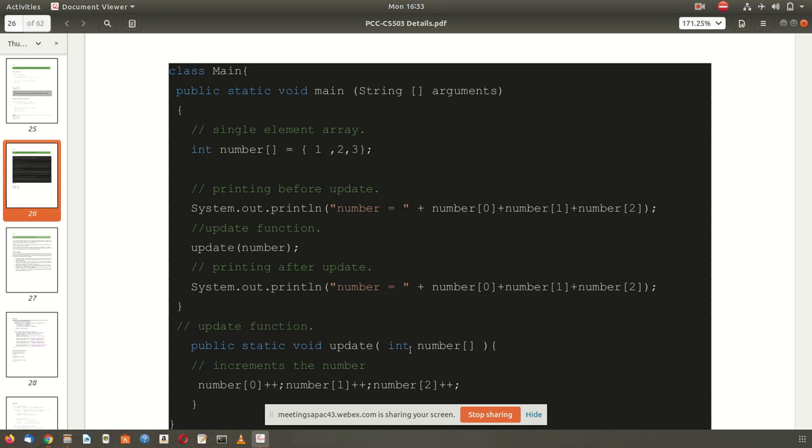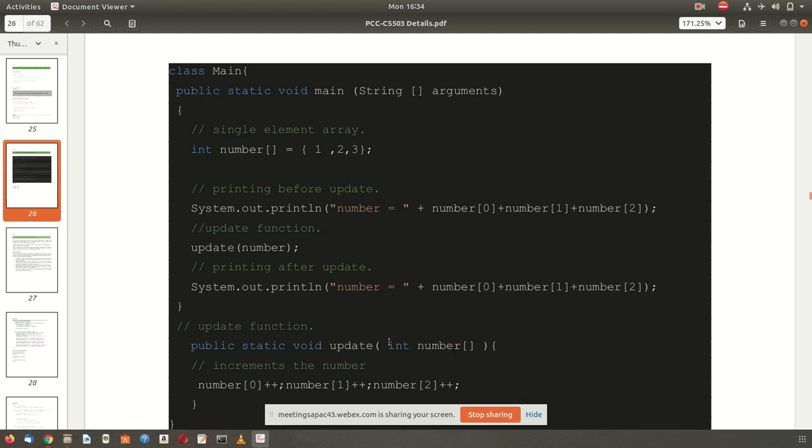In your lab programs, array uses the new keyword, and object uses the new keyword. But in this particular scenario, no new keyword is used, so no new integer has been created. Whatever integer was created here has been accepted here.